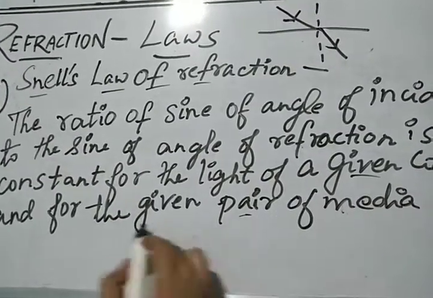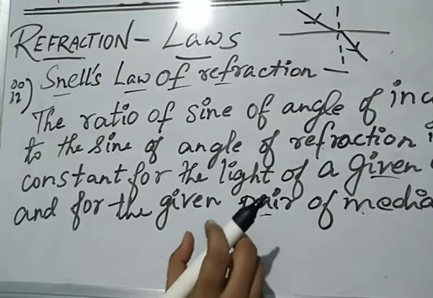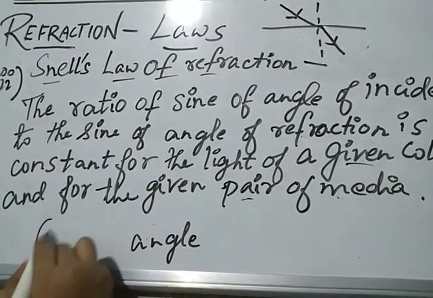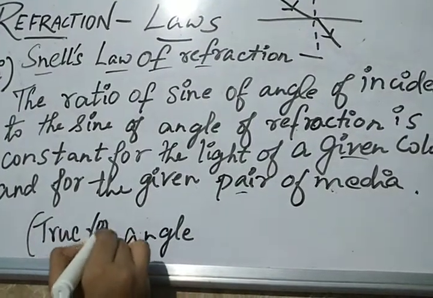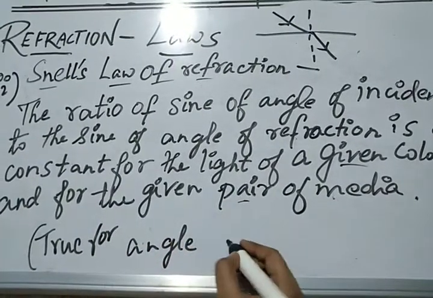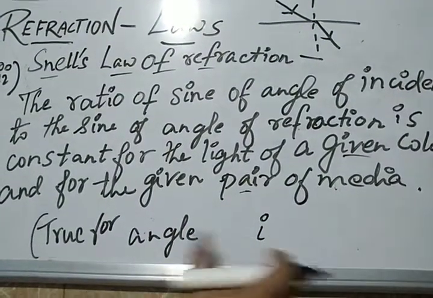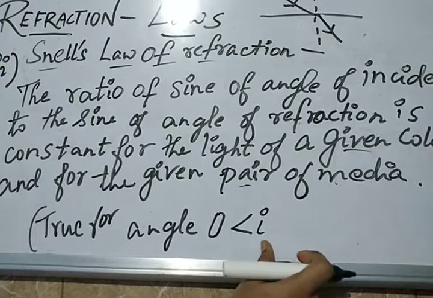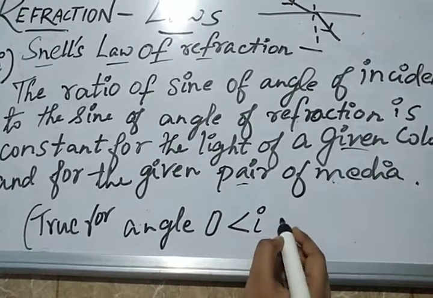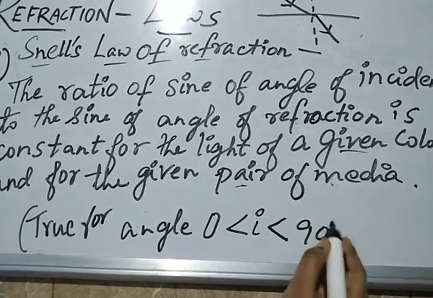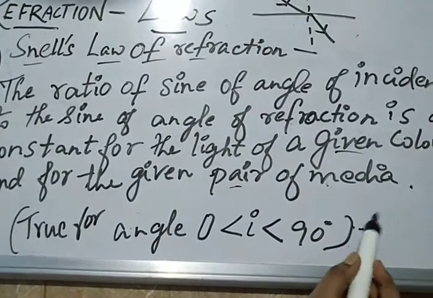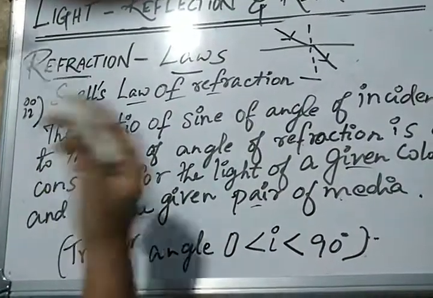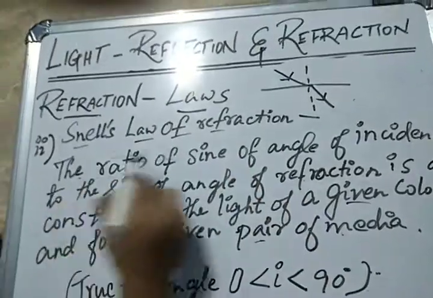But this has a condition, because this is true for angle of incidence. The angle of incidence should be greater than 0 but less than 90 degrees. This condition should be followed. Now Snell's law of refraction, or the second law of refraction, says that the ratio of sine of